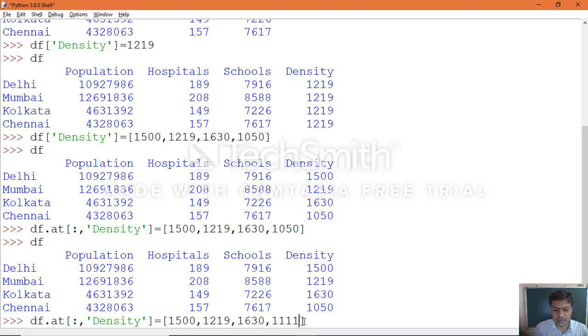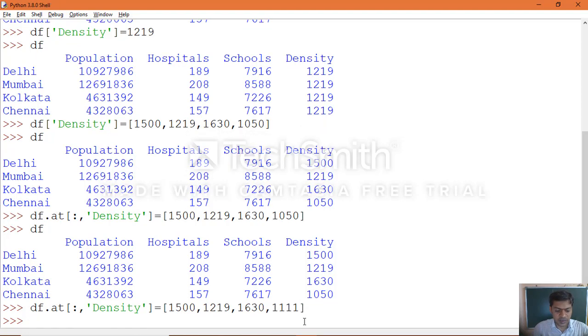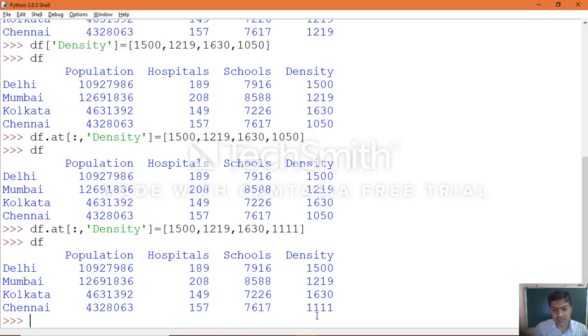Same way you can change all the values. Now if you print the object, you will see the difference. If the column doesn't exist in the data frame, it will be newly created for that particular data frame object. Change the values, and the values will be changed. Otherwise, if it already exists, you will not see any changes. So that is how the at attribute works.